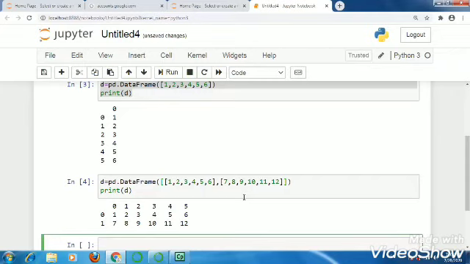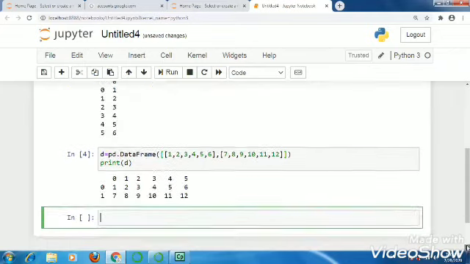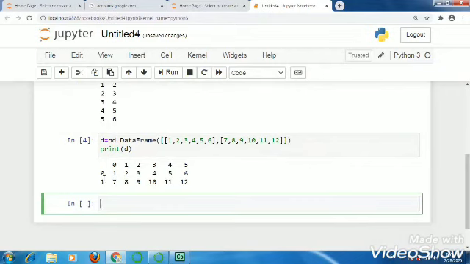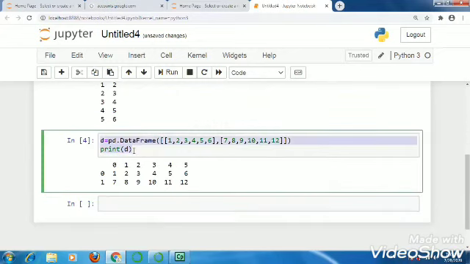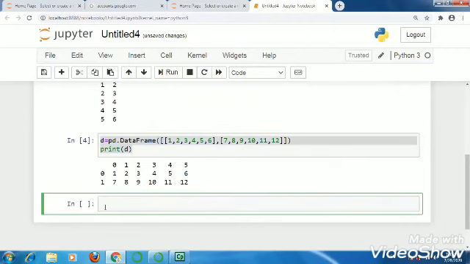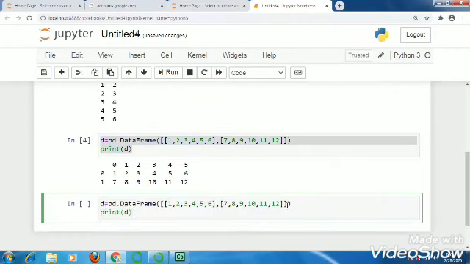One more thing, here we can see the arguments. The row indexes are 0 and 1, and the column indexes are 0, 1, 2, 3, 4, 5. So we can change this also. This is our data part. For index, we write index here, just like your series, and here I am giving the index 1 and 2 only.